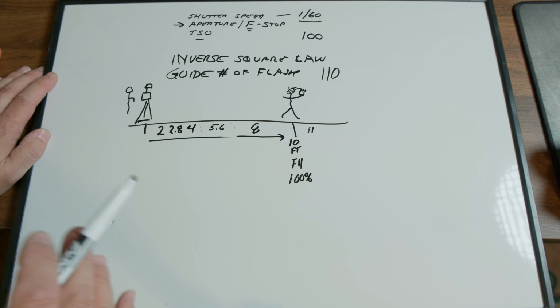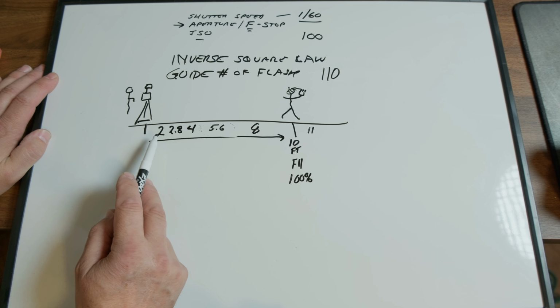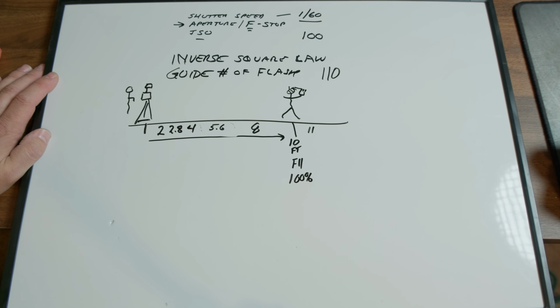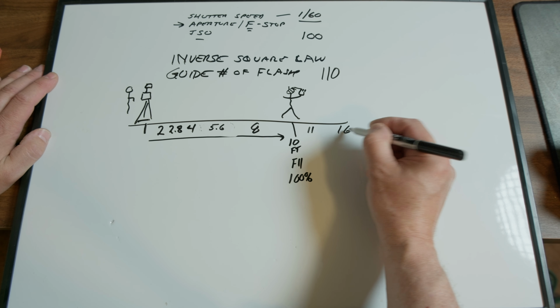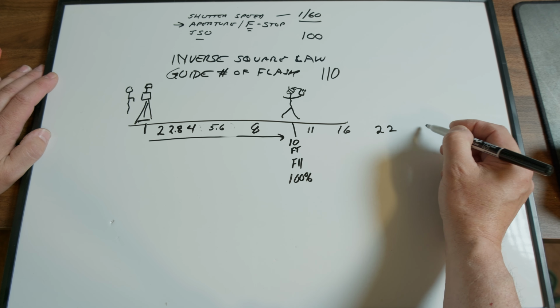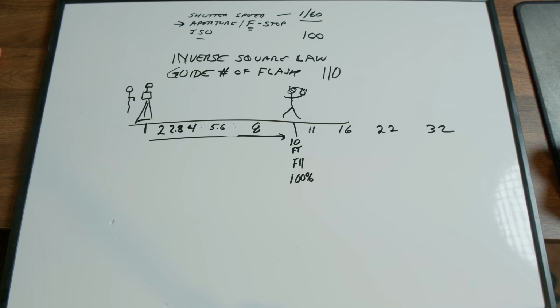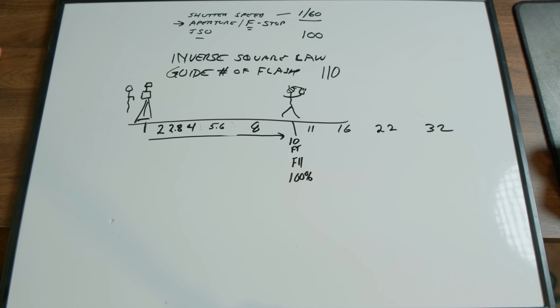Now, the smart people amongst you all will notice that 2 feet, 2.8 feet, 4 feet, 5.6 feet, 8 feet, 11 feet, 16 feet, 22 feet, 32 feet. Okay, you see where I'm going with that? Believe it or not, it's the reason why they're called f-stops. Because they're the inverse square law distance measurements that, you know, back in the 1950s, everybody knew this because there